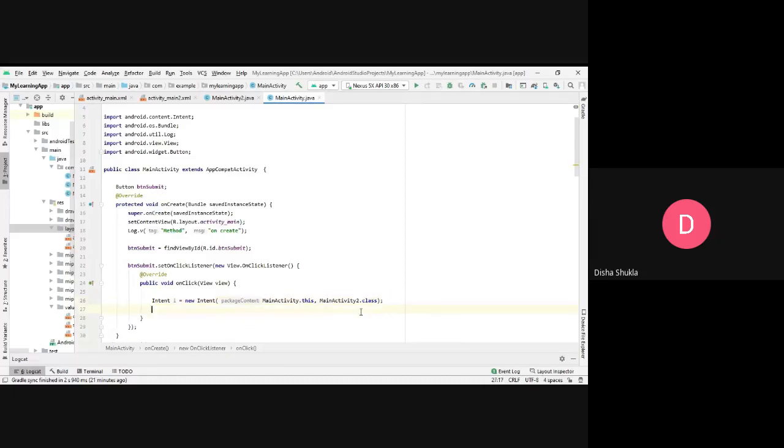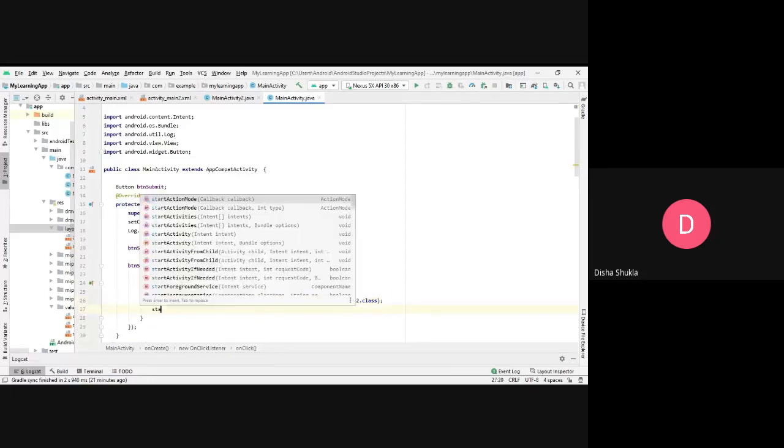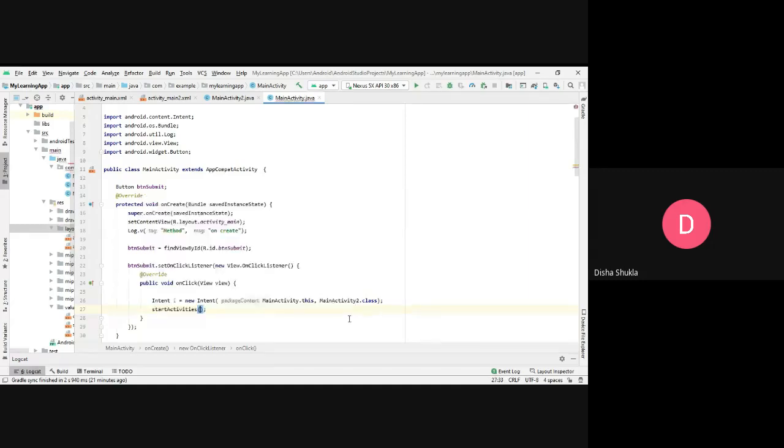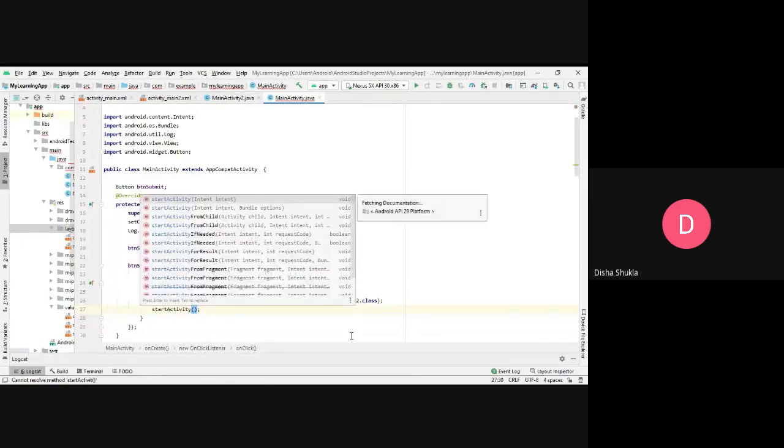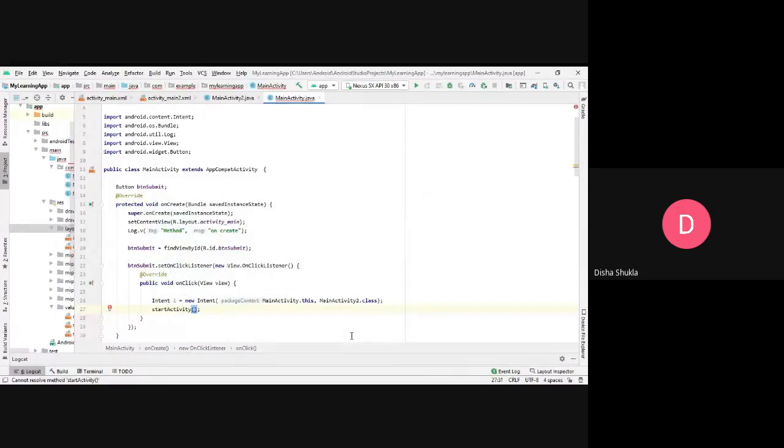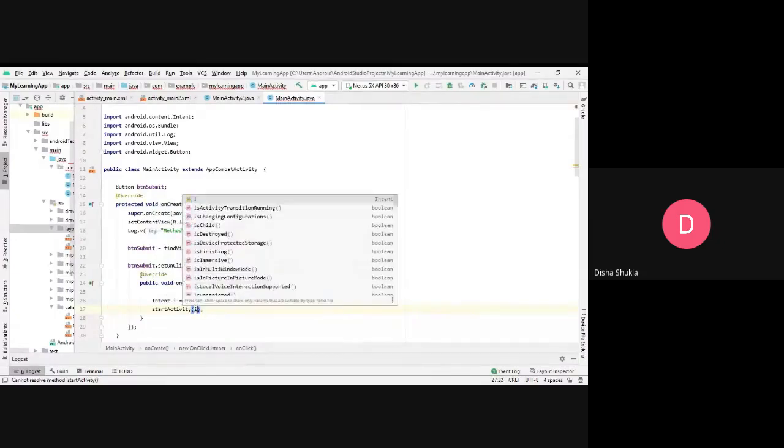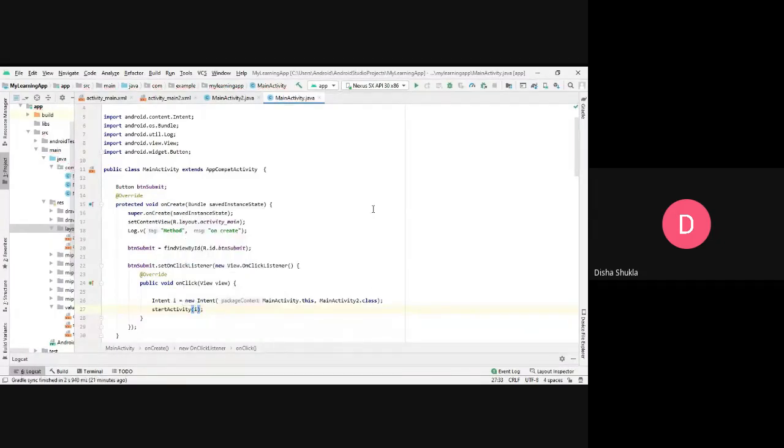And the last thing that we need to do over here is start activity. Start activity is a method that we use for starting the activity. In the start activity, you are supposed to pass the object of I. What is I? The object of intent.